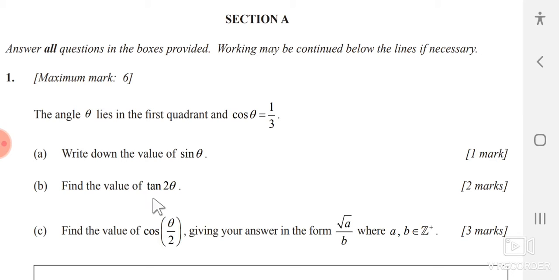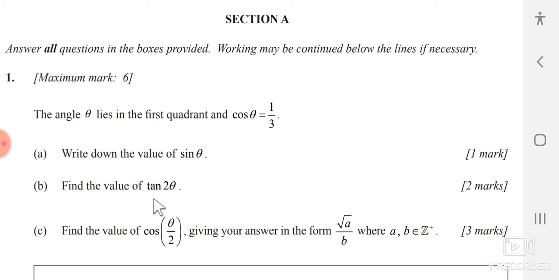Now I come to this part. Find the value of tan 2 theta, and further, this question can be done by writing tan 2 theta as sine 2 theta over cos 2 theta. And by compound angle identities, sine 2 theta is equal to 2 sine theta cos theta, because when we split sine of theta plus theta, this becomes sine theta cos theta plus cos theta sine theta, and further one more step gives us 2 sine theta cos theta. And in same way,